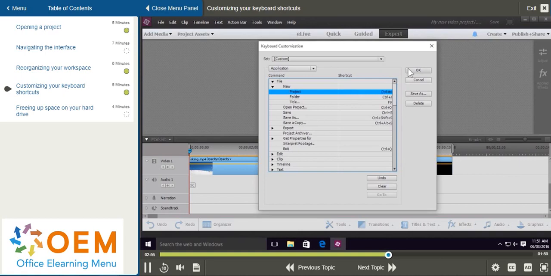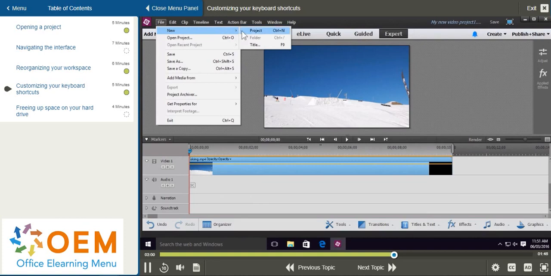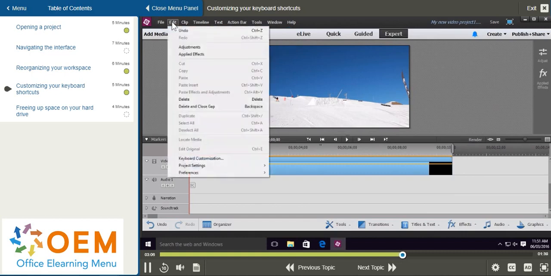If I select OK and go back up to File, New, Project, you can see that before where it was P, it is now back to Control N. Now if I go back to my keyboard customization via Edit